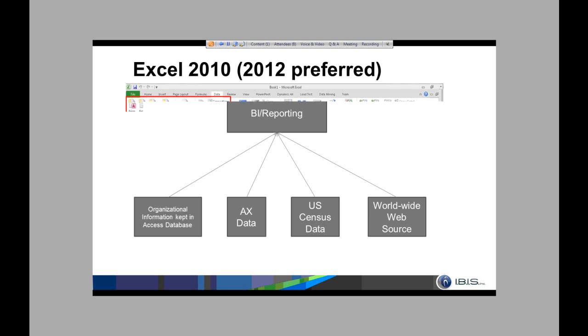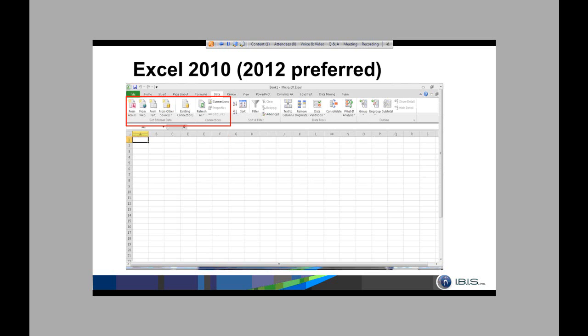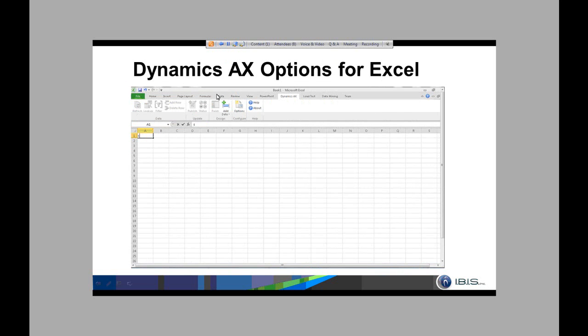So in order to add these additional sources into what we're going to use for PowerView and PowerPivot, this is the Excel 2010 version. 2012 would obviously be preferred, but here's what they look like. You can go in here and add them from other sources in the Data tab. And then you have your Dynamics AX tab here, which you use your connection here to connect to your